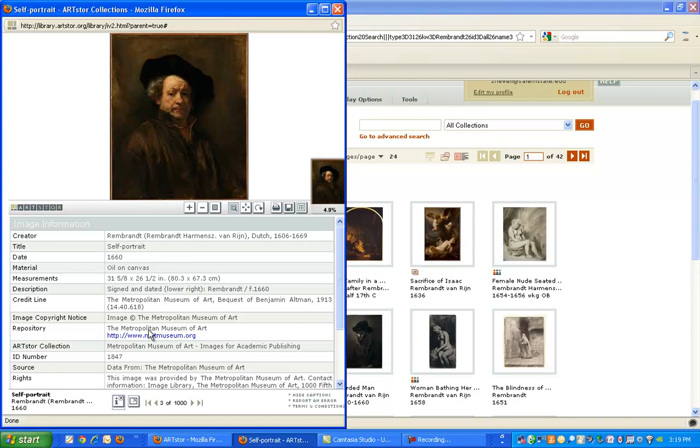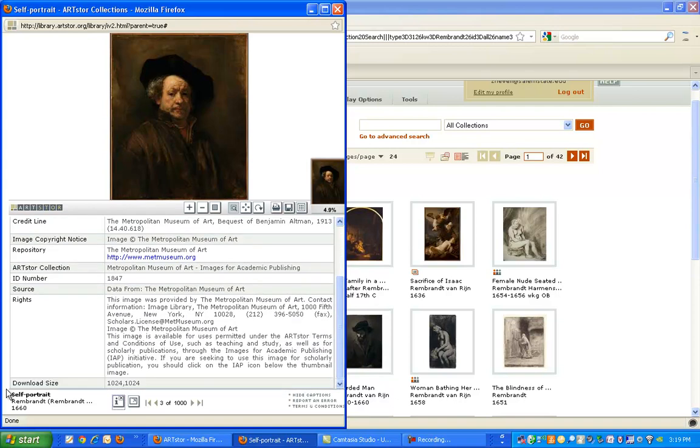This might not seem so important at first glance, but sometimes it's important to know, and especially can be, because, for instance, the Metropolitan Museum of Art takes great pains to not only produce images for ArtStor, but to give you multiple examples of the same image. In other words, it might be taken by somebody early in the morning at one point in time, and then taken again when the lighting is different during the day, and it gives you different resolution. The different resolution just means, for instance, as we see the download size, 1024 by 1024,